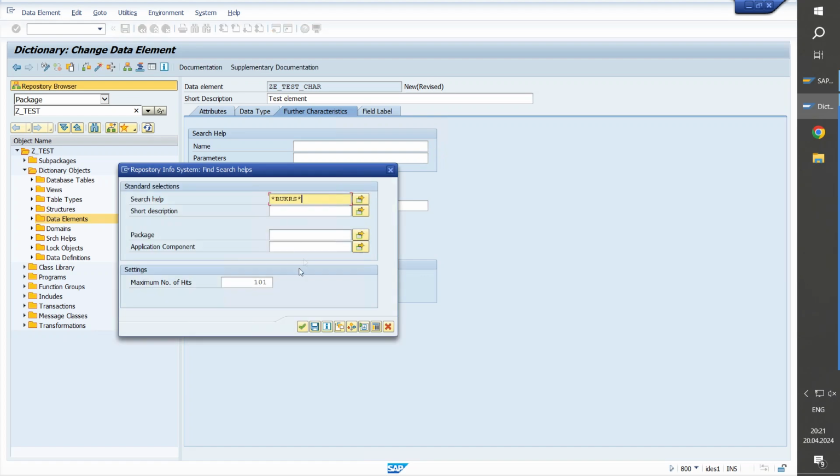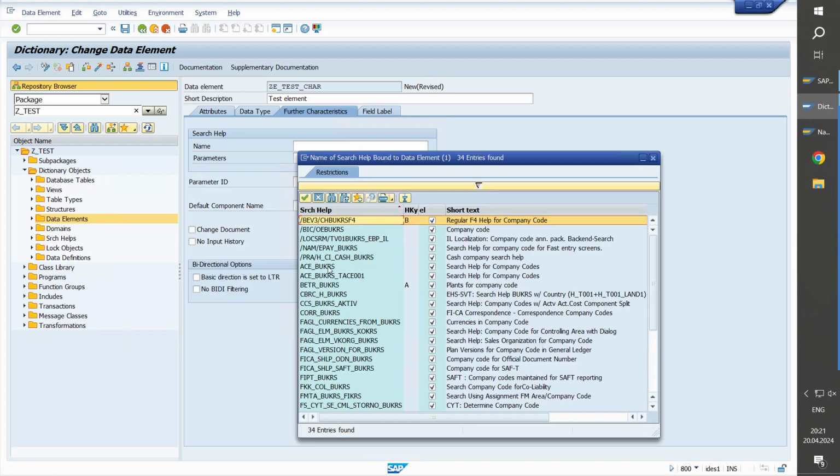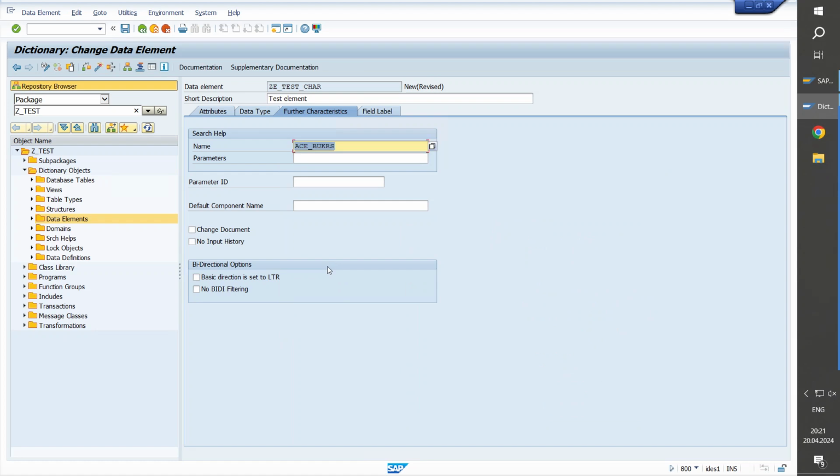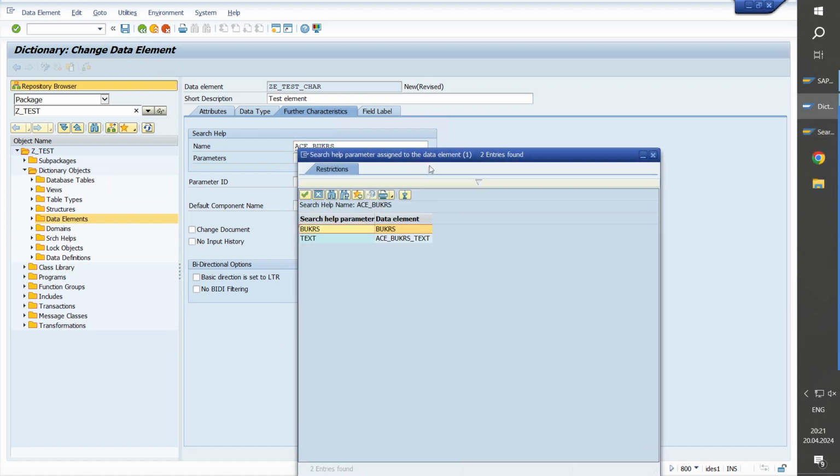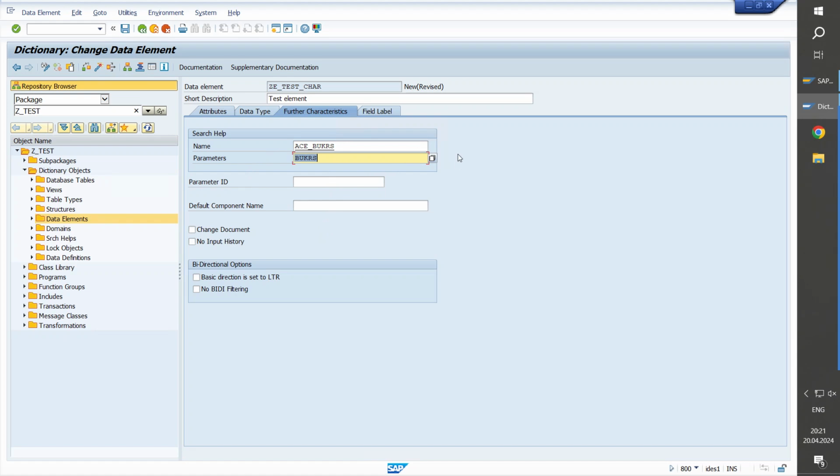Choose this, for example. Choose parameters. These are parameters for this search help. Choose BUKRS. Okay. Parameter ID is used for filling a field on DynPro with the SET/GET PARAMETER construction.